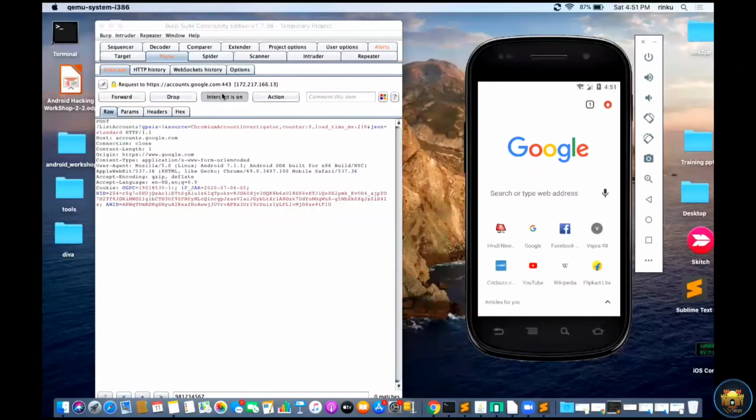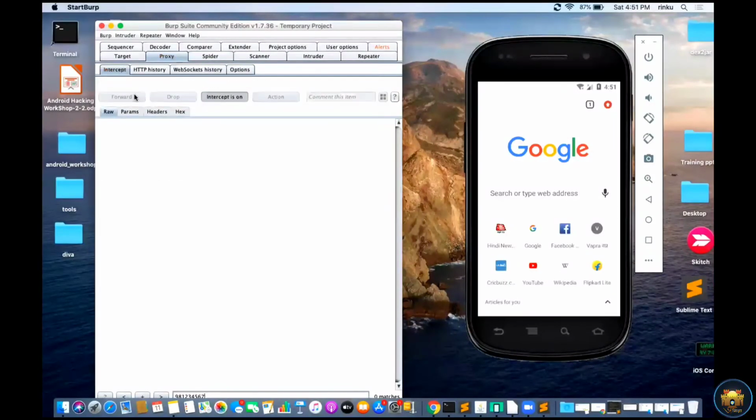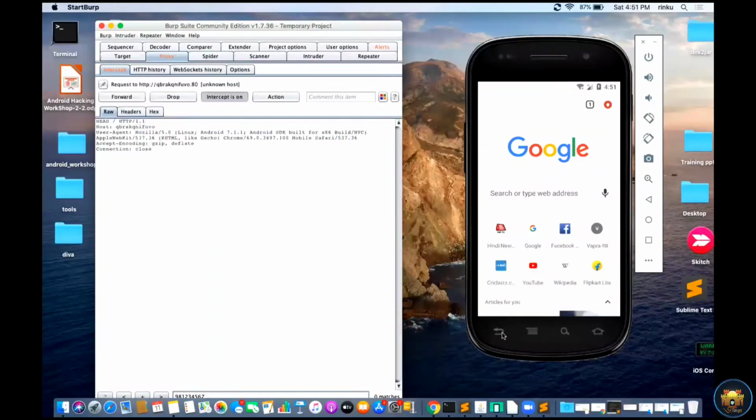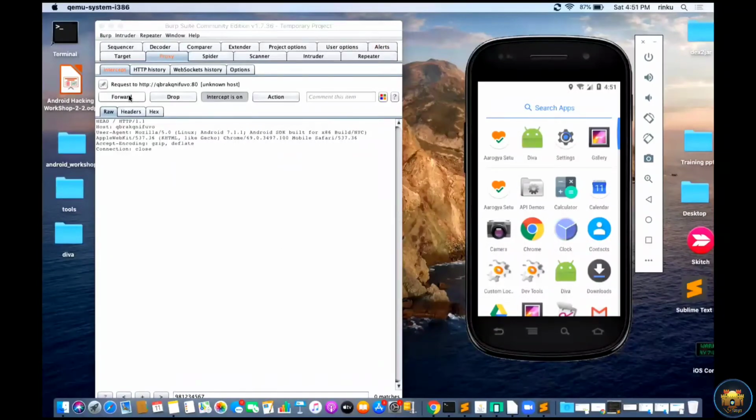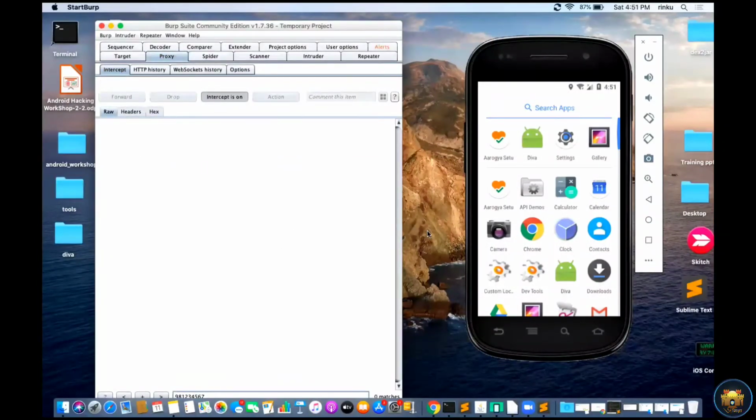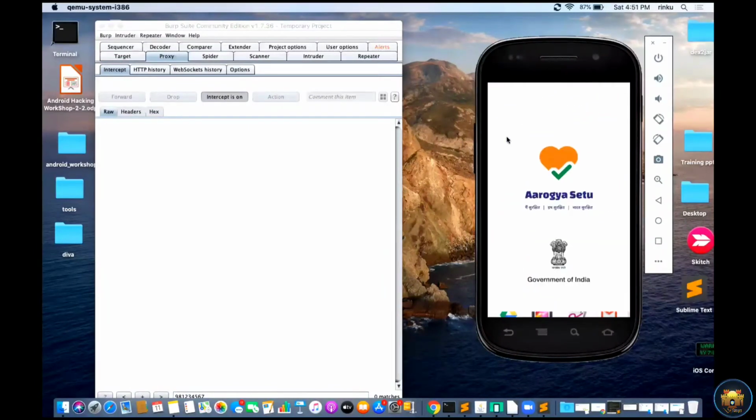Yeah, I am able to intercept the request. So let's try to intercept the Aarogya Setu traffic. Till now I have not bypassed the SSL pinning. So check for a simple SSL connection.